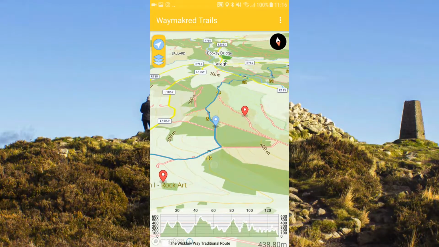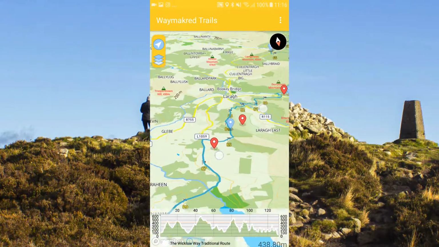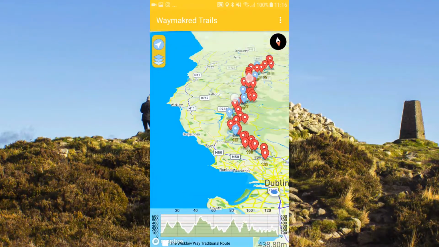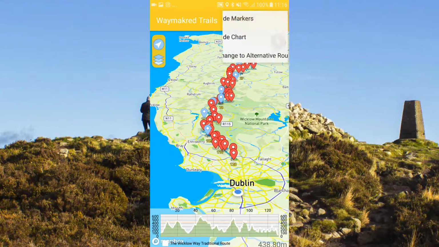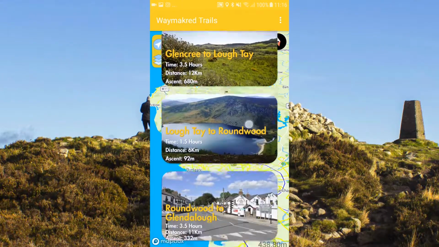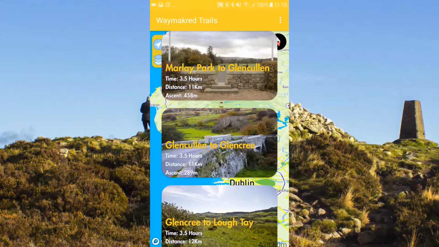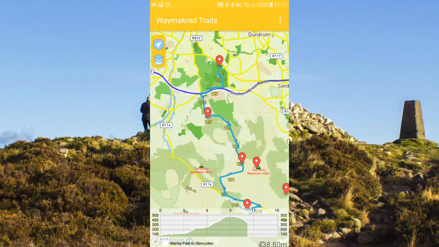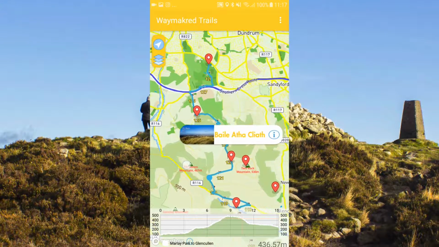So you can also see the individual stages of the trail. This view is for the entire route, but to see the individual stages, you just tap on the three buttons in the top right hand corner to bring up the menu, and just tap on show stages, and this will show you all of the individual stages of the map. So for example, Marley Park to Glencullen, and again you have the elevation profile that you can swipe on the bottom, and you can also tap on any of the points of interest and again hit the info button to